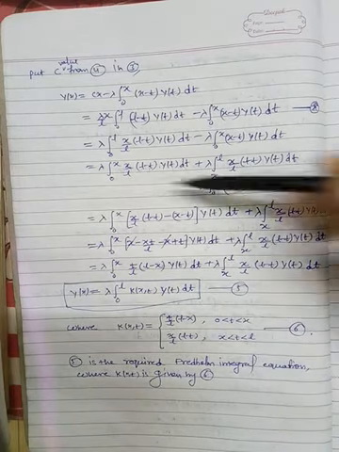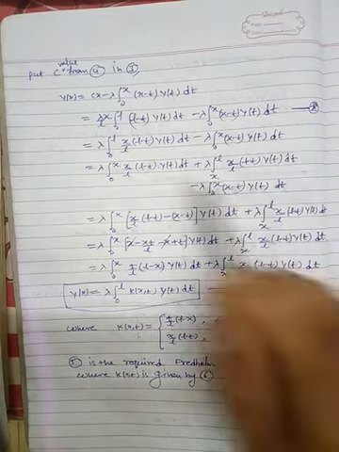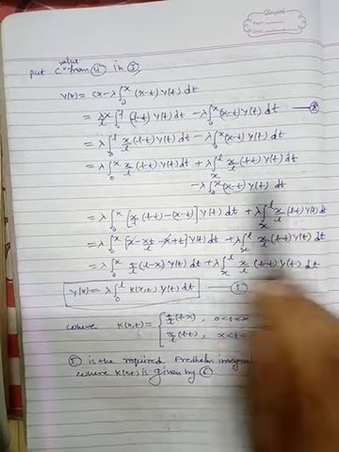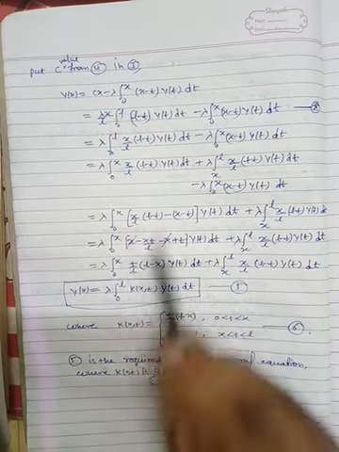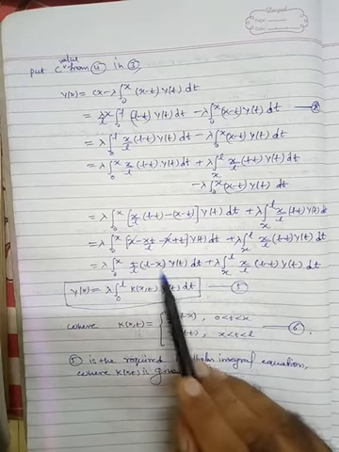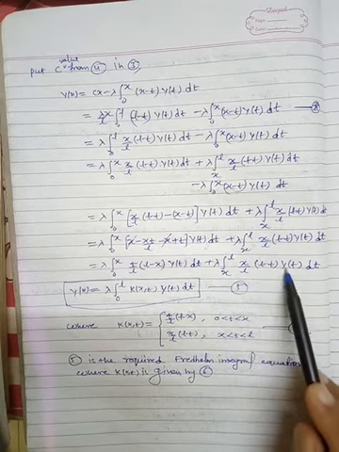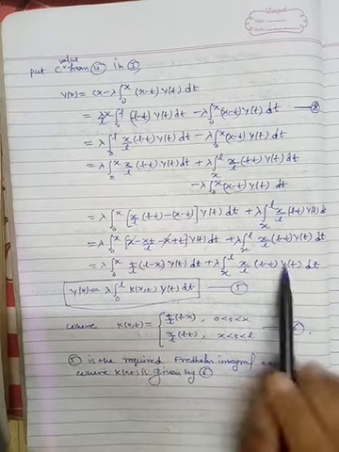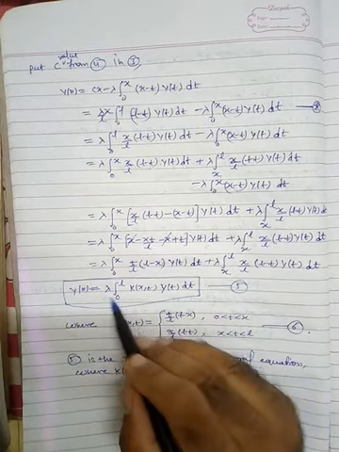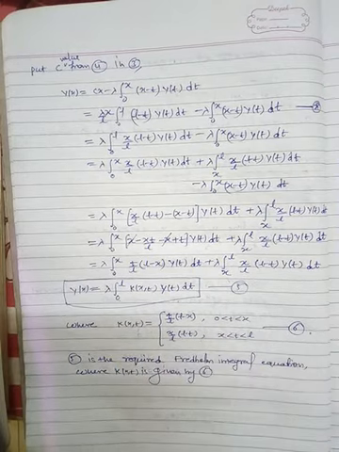Now you can combine the first integral and the last integral because the limit is 0 to x, 0 to x. So just combine these two, so we get this term plus lambda this term. Finally simplify this. After simplification we are getting lambda integral 0 to x, (t by L)(L minus x) y(t) dt plus lambda integral x to L, (x by L)(L minus t) y(t) dt. So when you join these two integrals, we can write lambda 0 to x and x to L. So ultimately the limit is 0 to L.